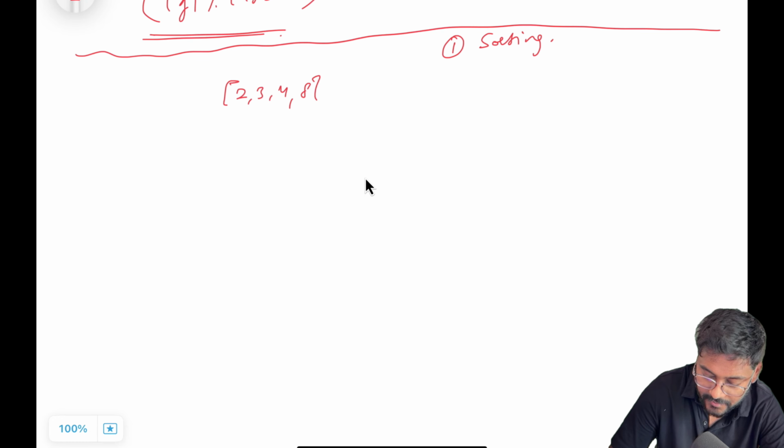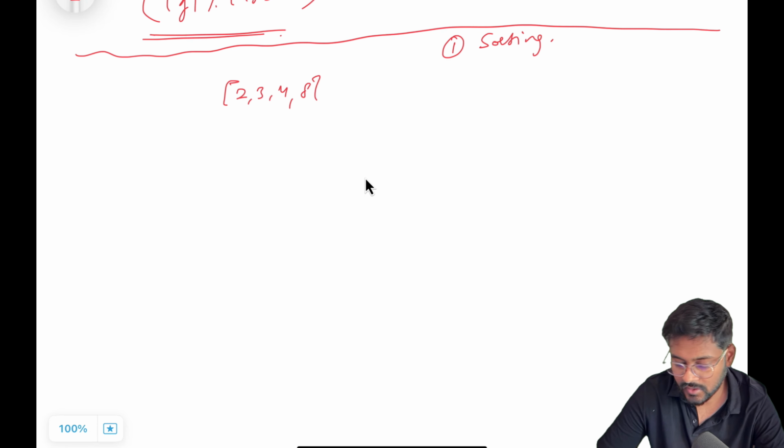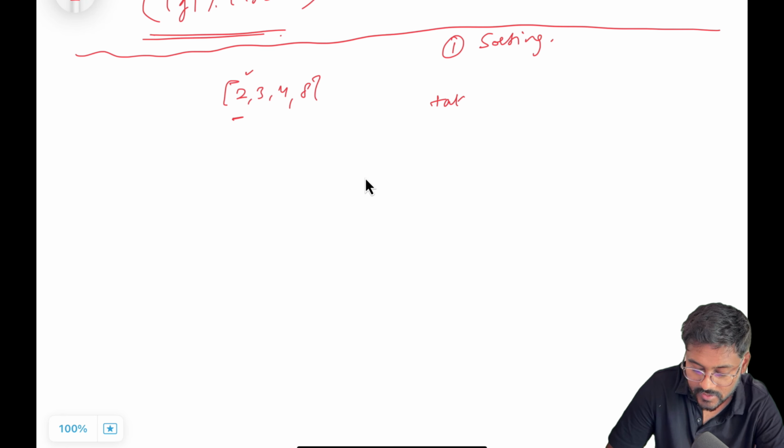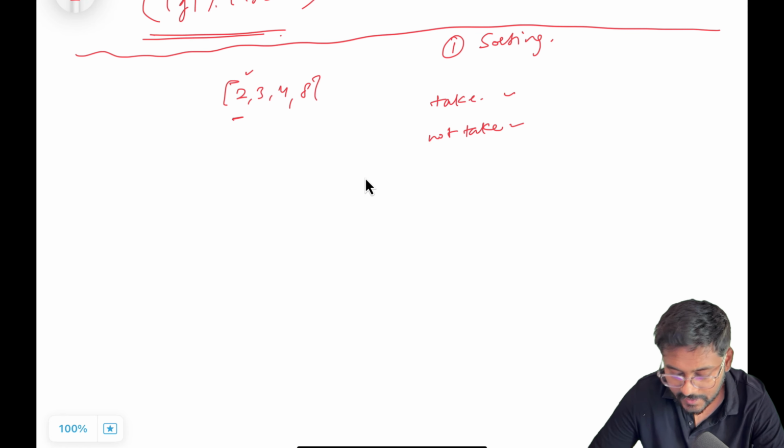So the first step is sorting: Arrays.sort on whatever the given array is. After that, for every element I have two possibilities. The first one is to take that element. The second one is to not take that element. If I am taking that element,